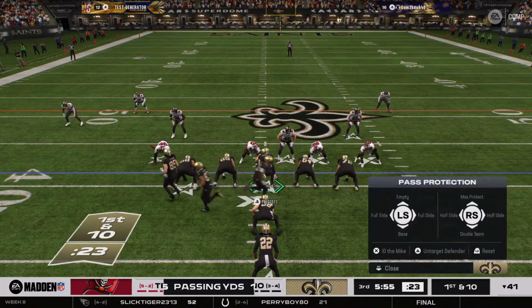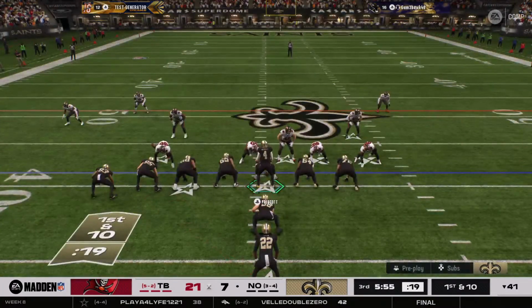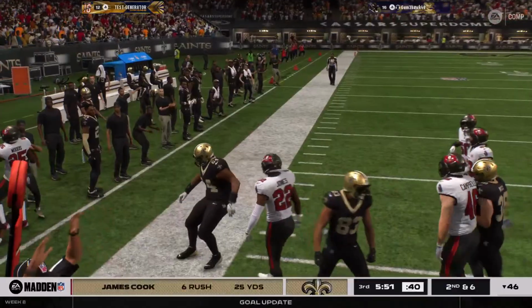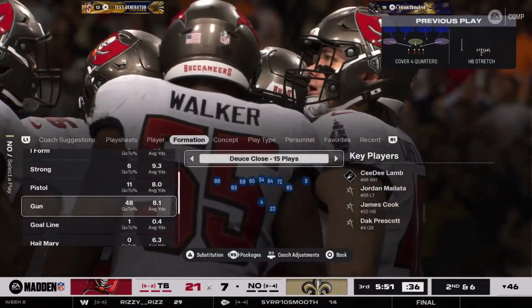Getting set for their next drive, the New Orleans offense. This offense, Charles, had a strong first half throwing the football, at least in terms of yardage, but that hasn't translated so far on the scoreboard as they begin the third quarter here, trailing and looking for a little momentum. Yeah, you're right about that,